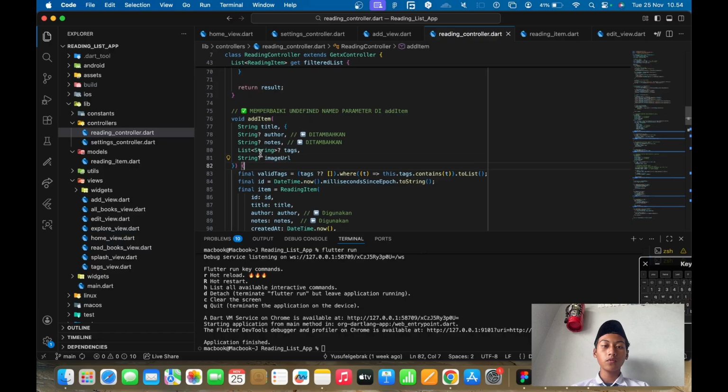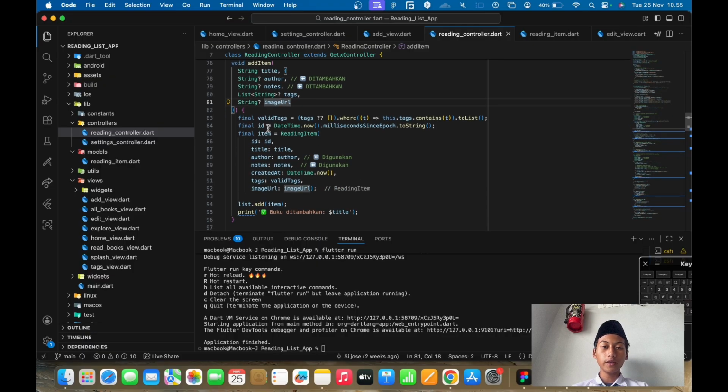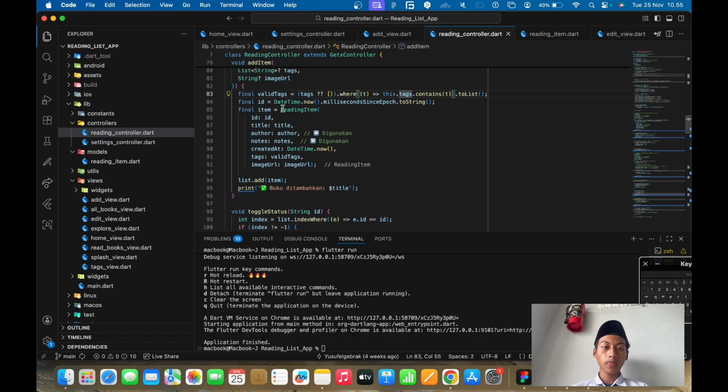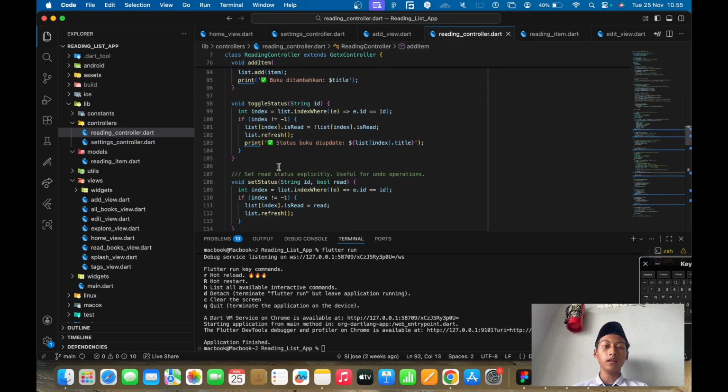you can input image URL, and then the date time for each time we input it, and then you can input for ID and author, notes, created at, text, image URL.